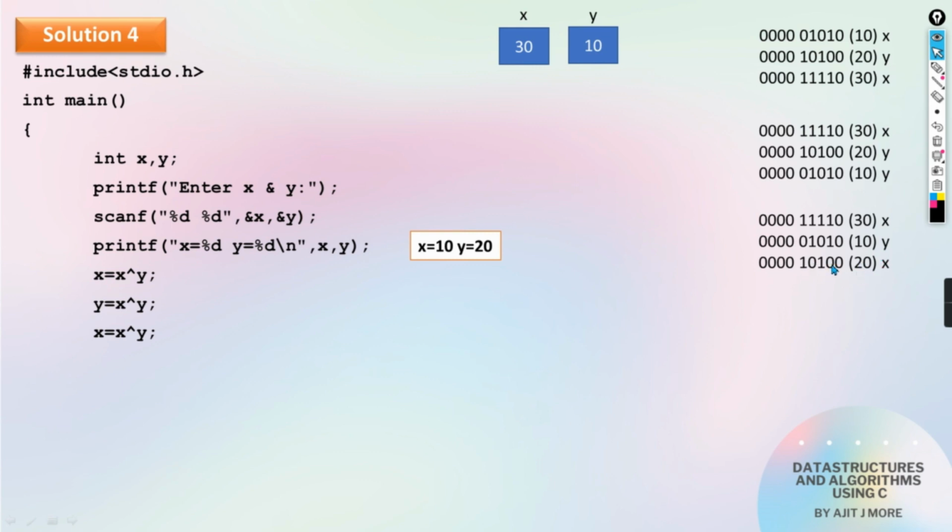Now whatever result you have got, store it in x. Getting? So can you see now x has become 20 and y has become 10. Right guys? So finally you can see the results are exchanged, and after exchanging we will just display that value. Hope this solution is also clear to you guys. Right? Very simple solution. And we will come to the final fifth solution.